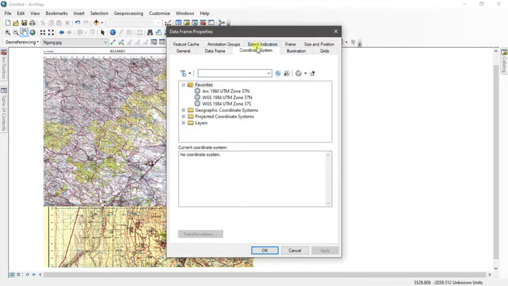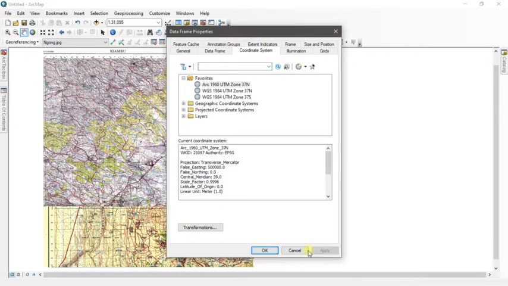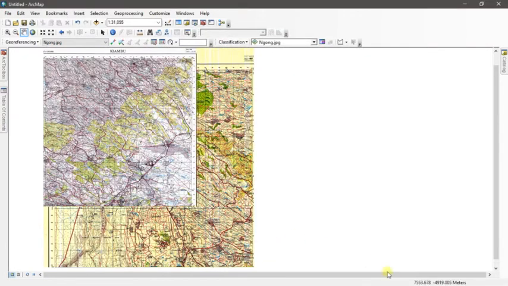There you go. Then you want to use the coordinate system. For me, I'm going to use Arc 1960 UTM zone 37. So just click apply and then OK, and you realize my parameters here are changing also.